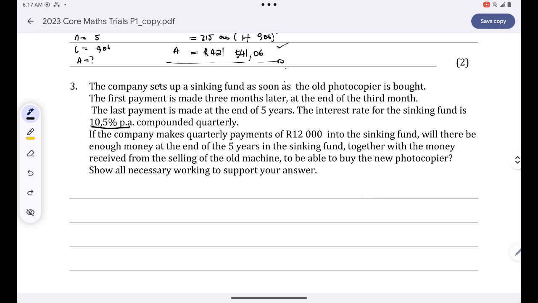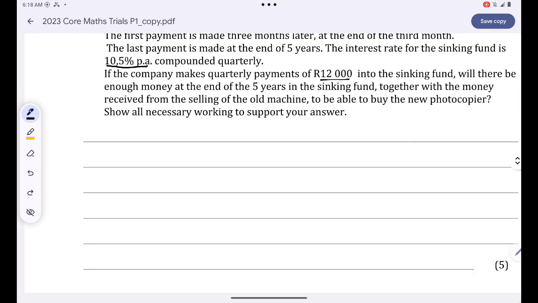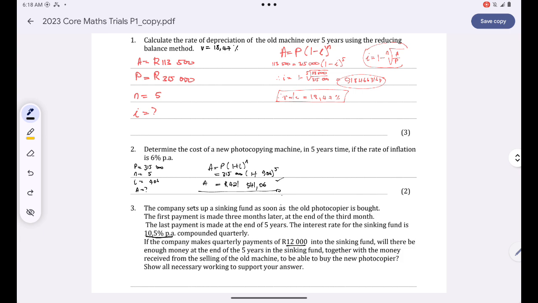Okay, if the company makes quarterly payments of 12,000 into the sinking fund, will there be enough money at the end of 5 years in the sinking fund, together with the money received from selling the old machine, to be able to buy a new photocopier? Show all necessary workings. Okay, over here, guys, we just want to know that our sinking fund plus the money